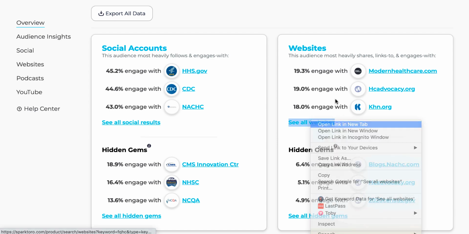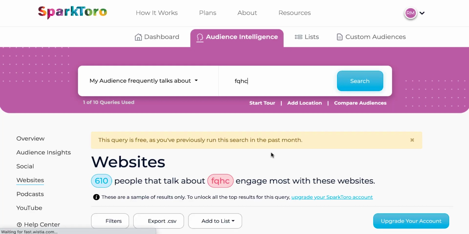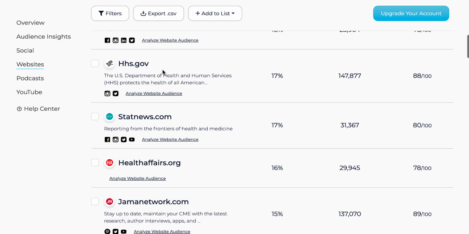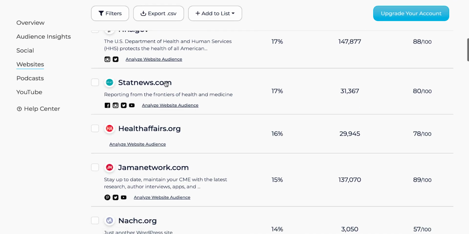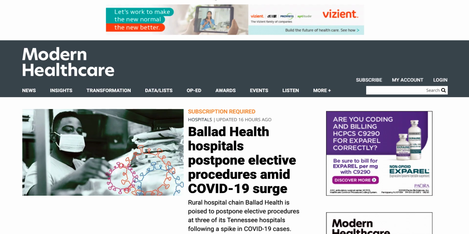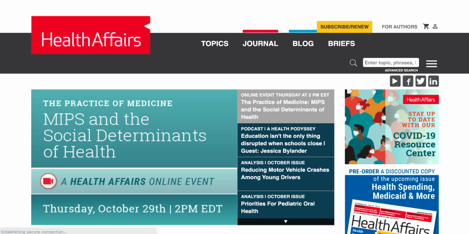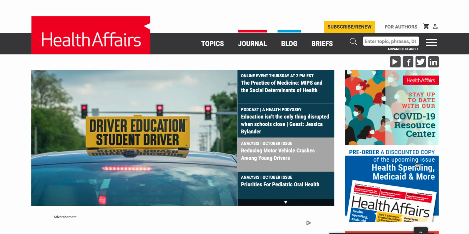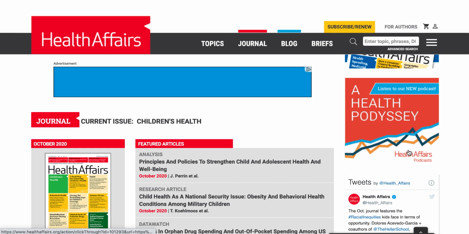It'll show you all of the different types of websites that these social profiles are actually going in and taking a look at. So a lot of these are government websites, but a lot of them aren't. Like this is healthaffairs.org, right? So if I search this website, healthaffairs.org, and I go on it, and if it's a topical type of website, you can see that there are some sponsored specific links on here, right? So, and there we go.